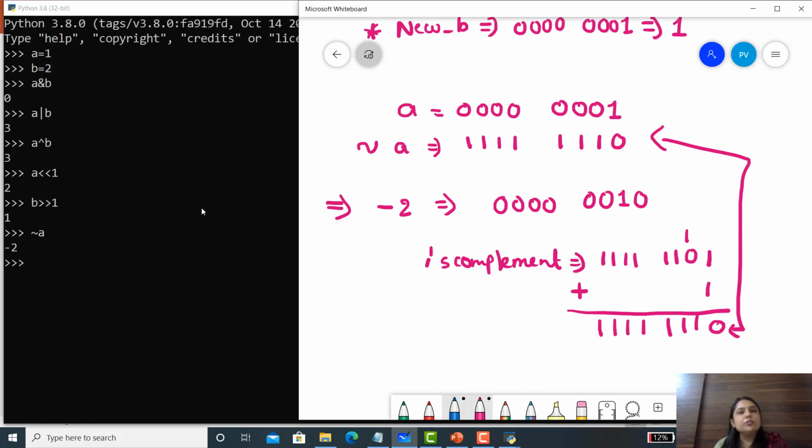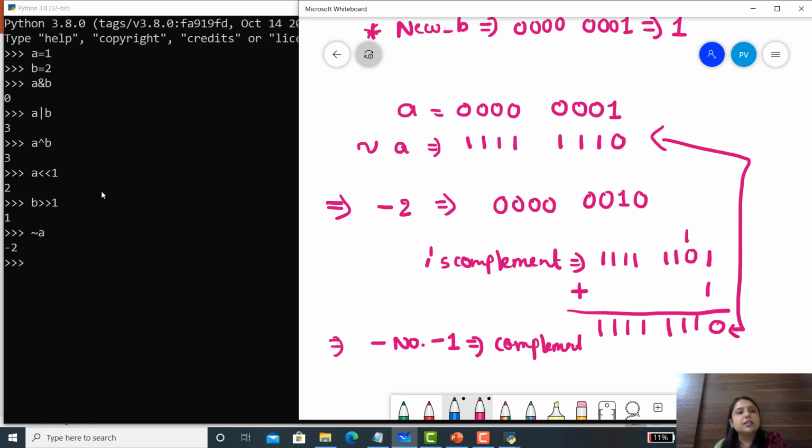So whenever you type the complement of any number, your answer is always in a signed binary number. Or in Python, you can cross-check your answer like this. Here our number is 1, so minus number minus 1, that is the complement.